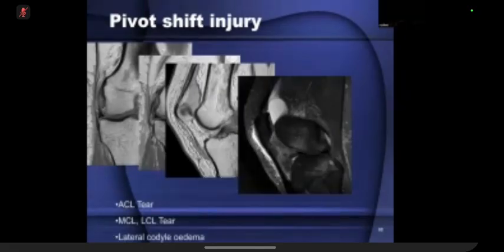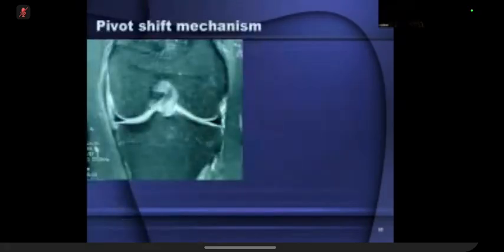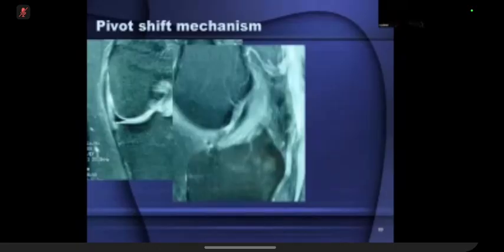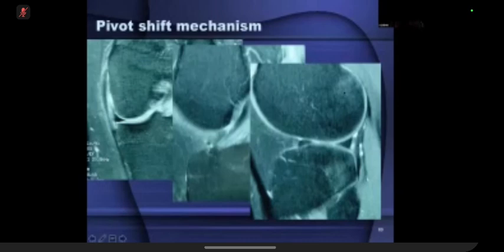So you get injury to the ACL, you get injury of the medial collateral ligament, you can get lateral collateral ligament tears and the characteristic edema on the lateral and on the medial sides. ACL injury again, and the characteristic bone bruising present here. So this again is an exam case, and when you see that, please make sure that you don't miss any